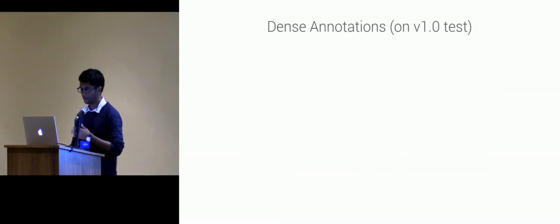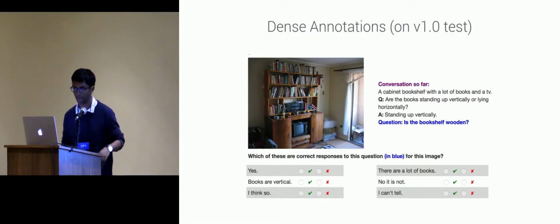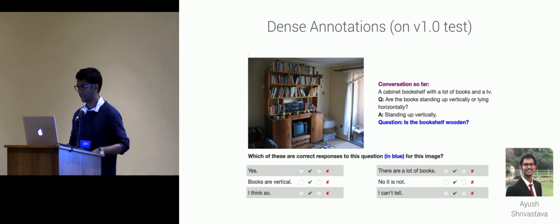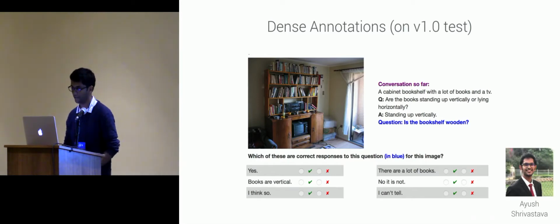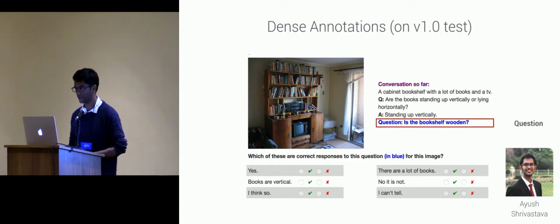So to address this to some extent, what we did was we collected dense annotations on the test set for evaluation in Visual Dialog. This is, for example, what the Mechanical Turk interface looks like. Sorry, a lot of this work was led by Ayush, who's a research scholar in our lab at Georgia Tech. So what we do is we show humans a caption, a dialogue history, and a follow-up question,